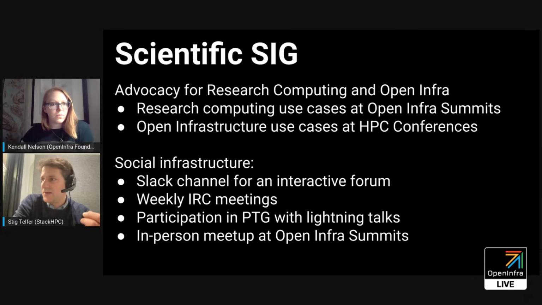either in the PTG where we do lightning talks, or at the OpenInfra summits where we tend to get together and have a few hours sharing information and talking over stuff, and usually a good social occasion as well. It's a very friendly group, covering all aspects of academia and research computing, and I'd be very happy to see you there. We have about 150 members, which is just tremendous actually to see this group of people reaching out and helping each other in this way.